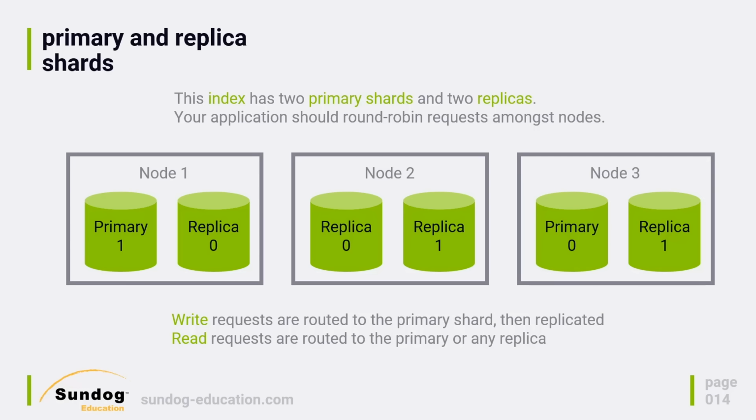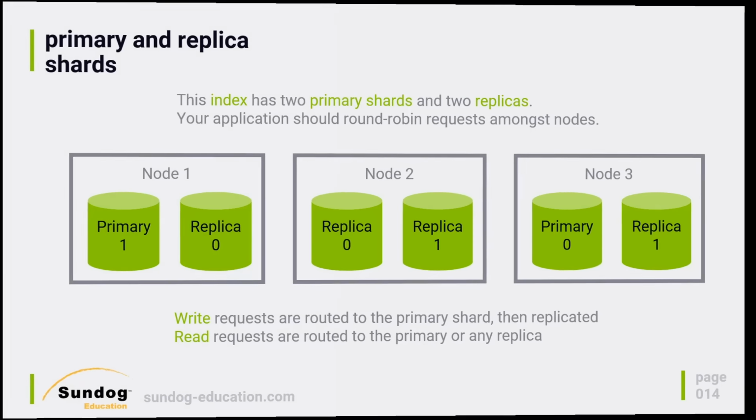Now, when you read, that's a little bit quicker. It can just route it to the primary shard or to any replica of that shard. Okay, so that can spread out the load of reads even more efficiently. So the more replicas you have, you're actually increasing your read capacity for the entire cluster. It's only the write capacity that's going to be bottlenecked by the number of primary shards you have.